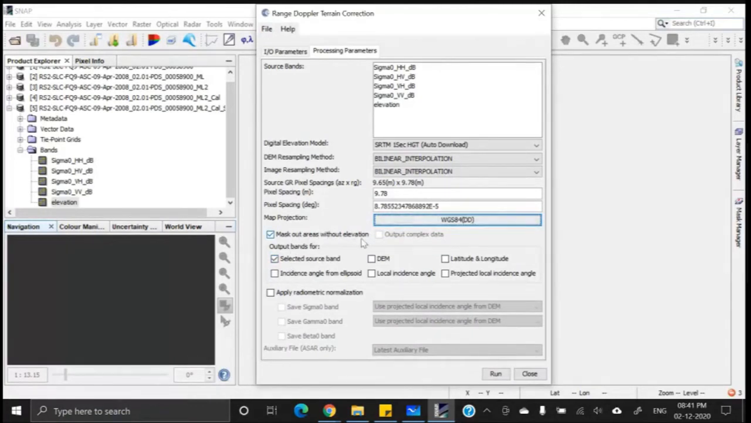And mask out areas without elevation is one option. Means the areas, geographic areas, where we do not have the elevation, say for example sea areas, okay, will be masked out. The entire sea will be masked, okay, and there will be no pixel for this sea areas. But we do not want to mask the sea area. When do we mask the sea area? For example, we are dealing with the land surface. We are not dealing with the sea surface. Okay. So in that case, we can mask out the sea to reduce the number of pixels and to make